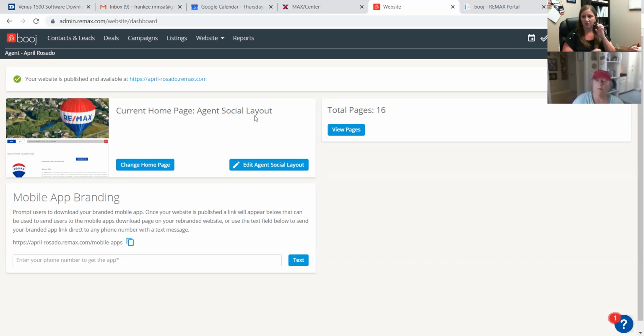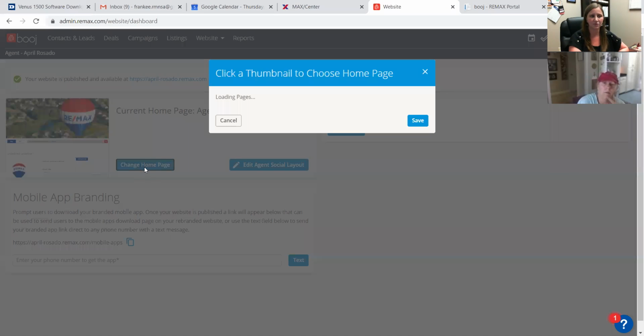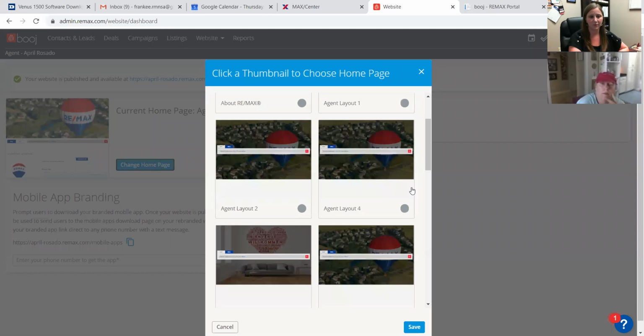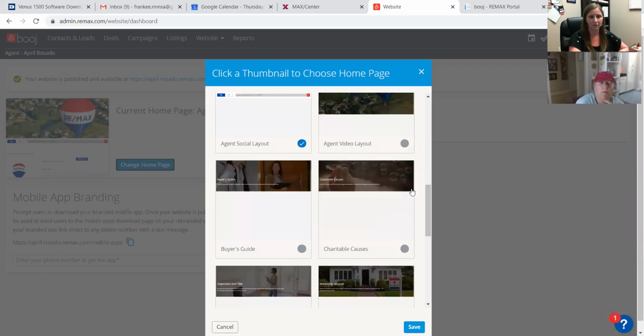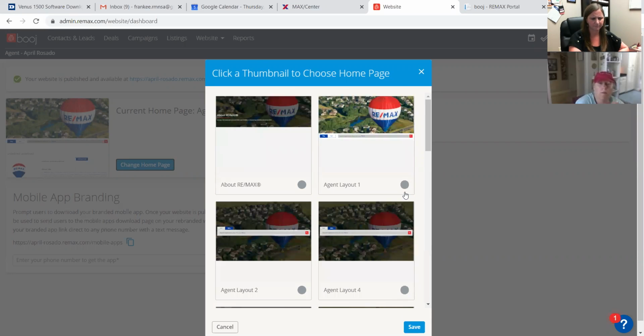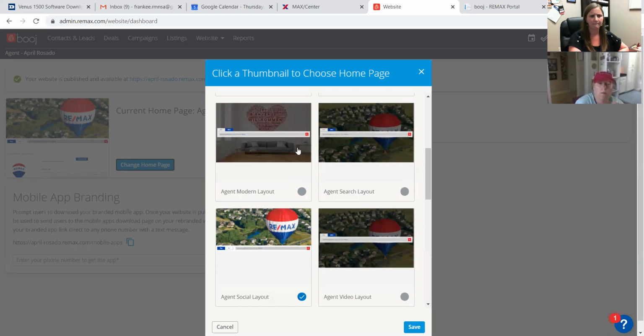And so you want to start with whatever you want. Now, the social layout has some issues now. So I really recommend going with, hold on, the modern layout. Where is it? Oh, there it is. Modern or